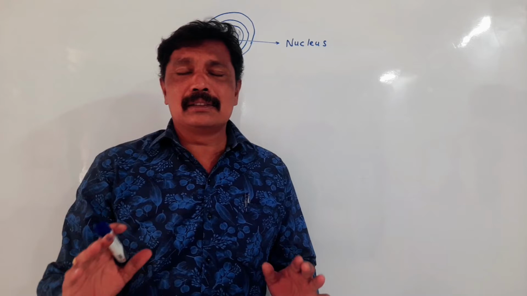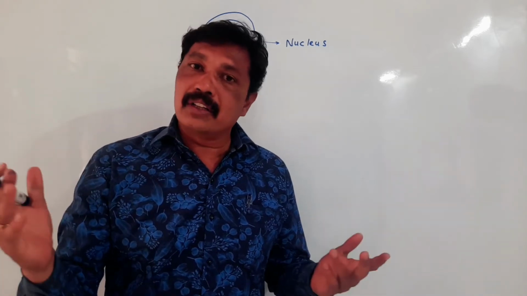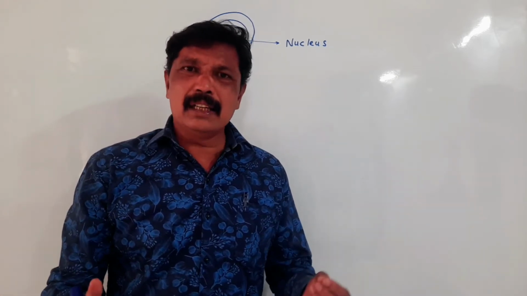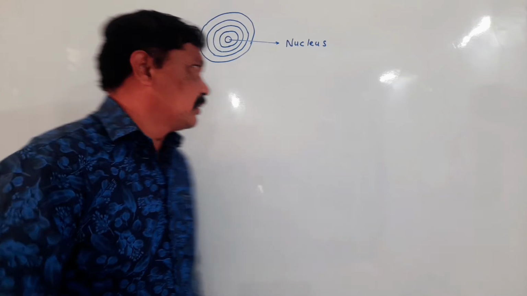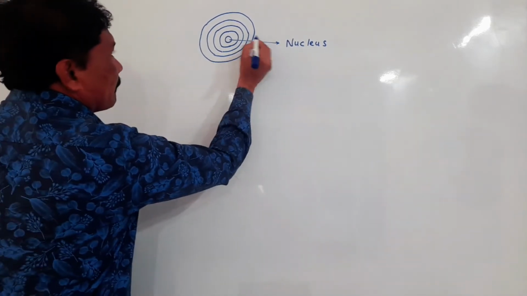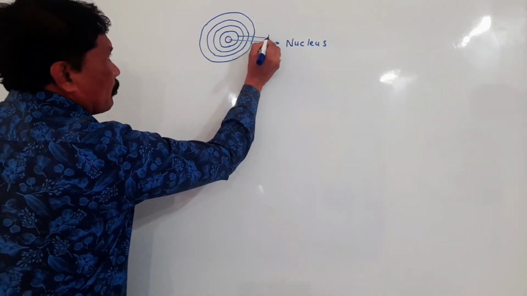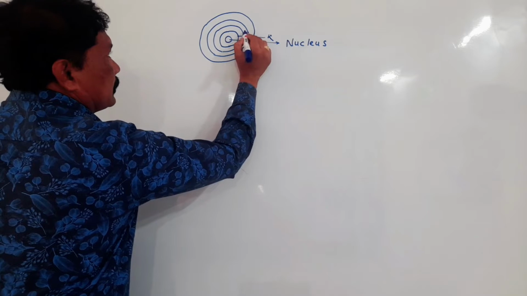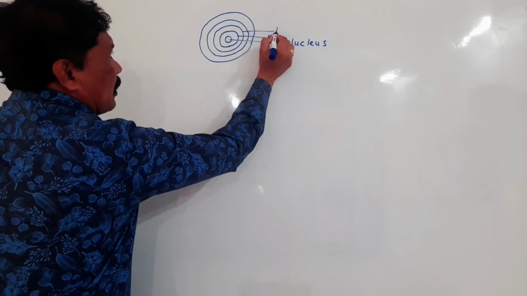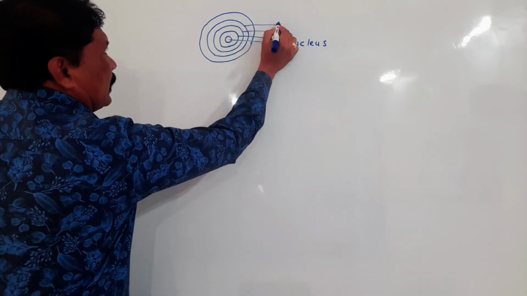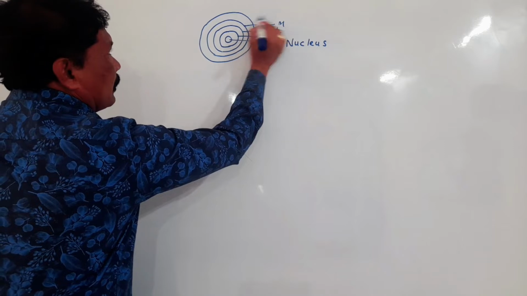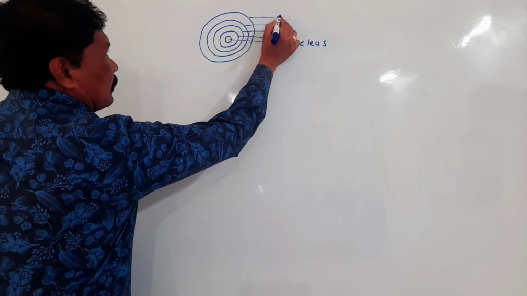Surrounding this nucleus there are a number of shells. These shells are named as number 1 K, number 2 shell L, number 3 M, and number 4